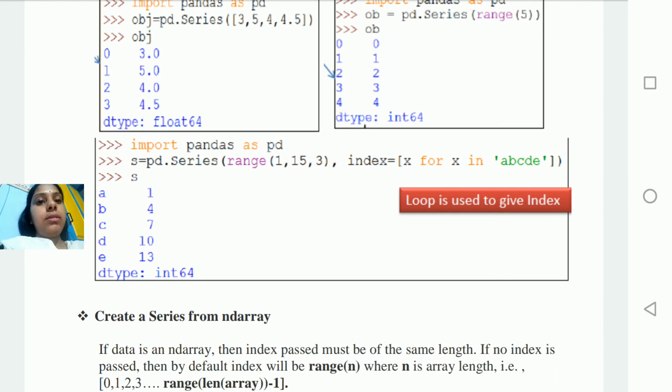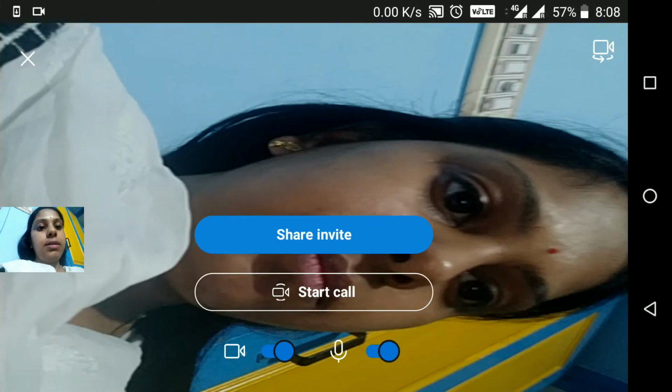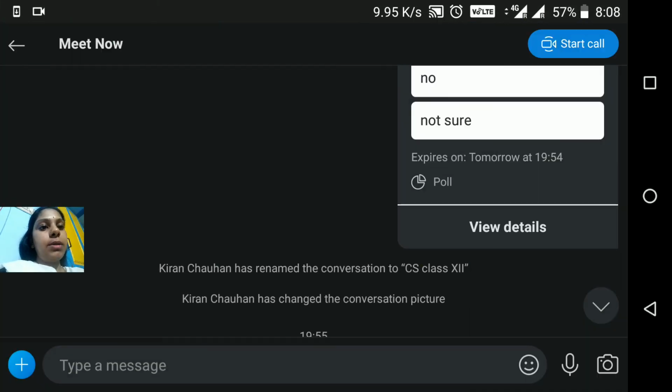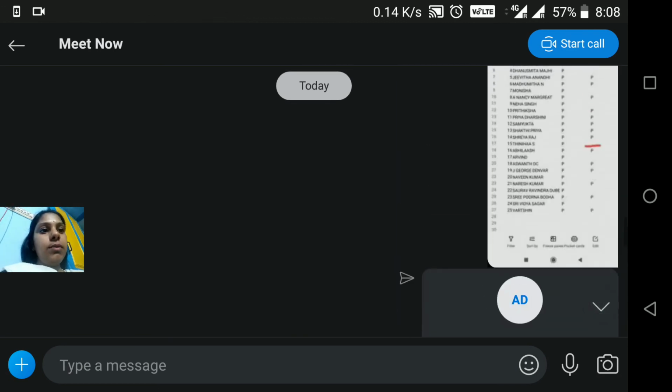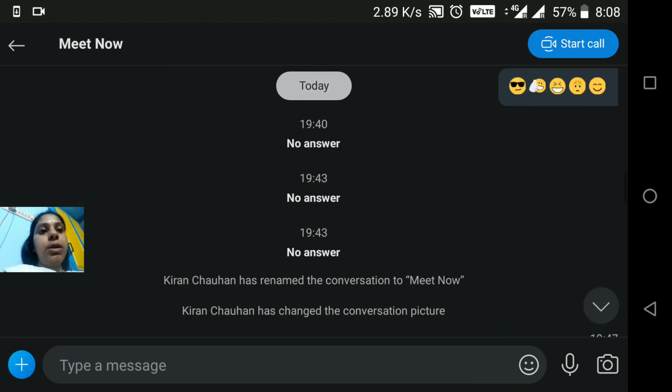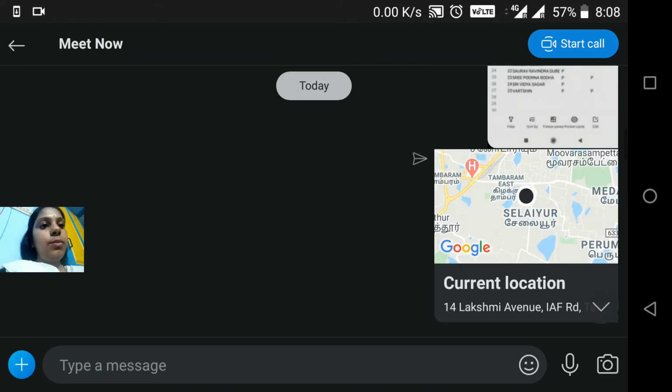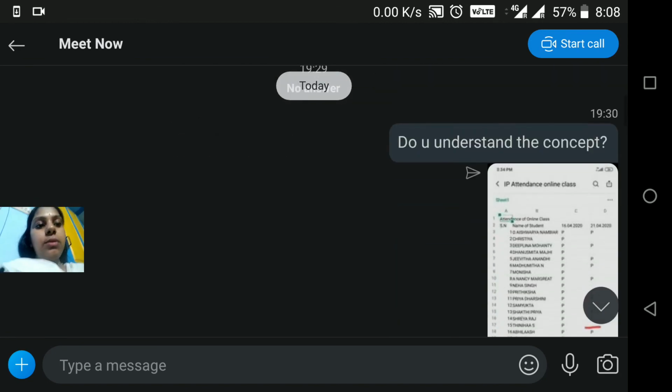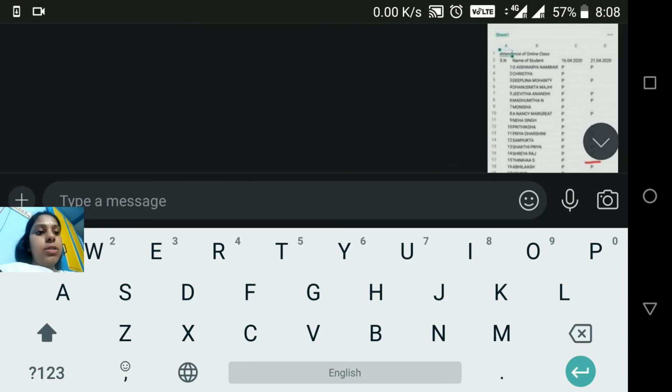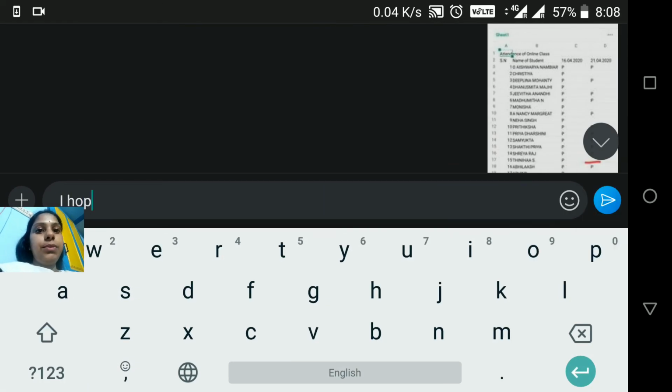As soon as our topic is finished, we will go back to Skype and then we will click on the back button. This is one of the features which I want to explain. You can end the call if you want and then go back by clicking on the back button. What you are seeing now is a chat window of Skype. It is just like a WhatsApp chat window. Now you can type a message for the children. I hope you understand.